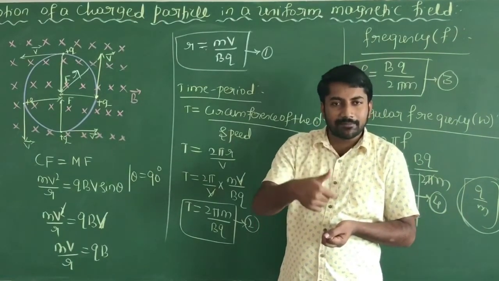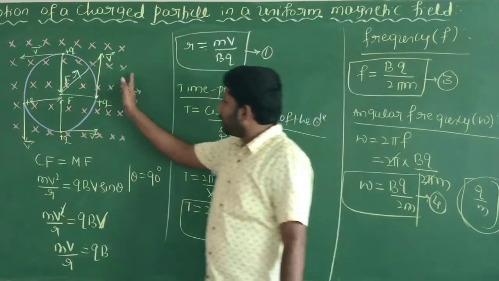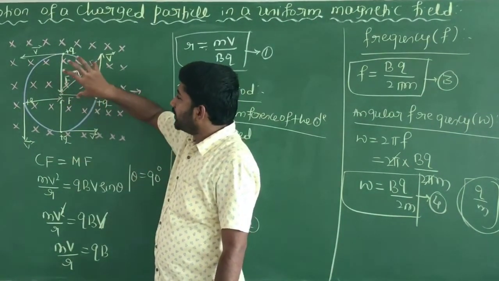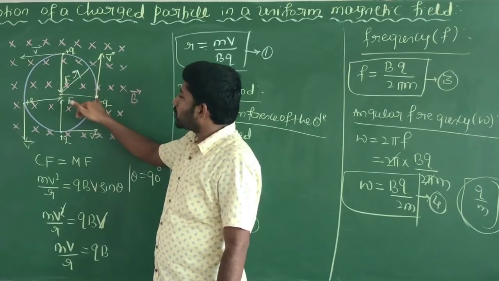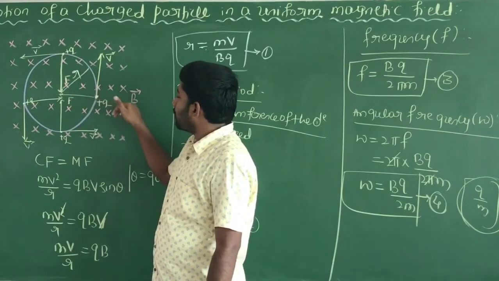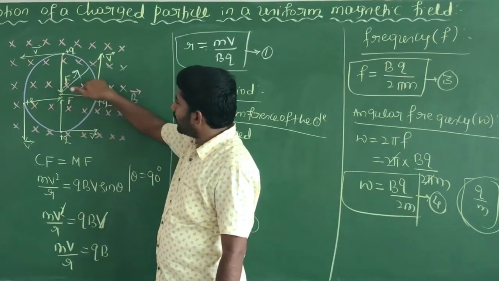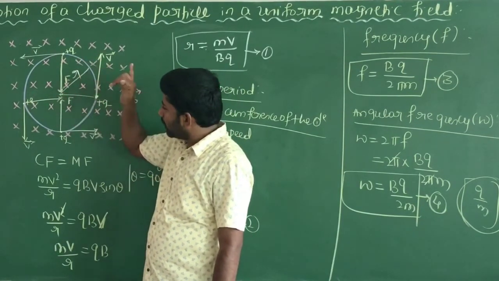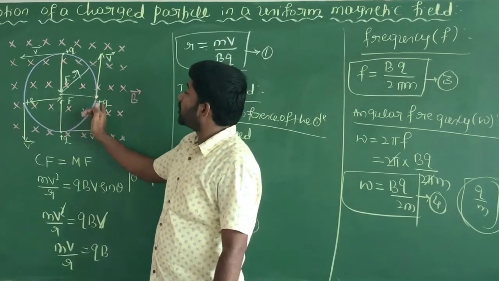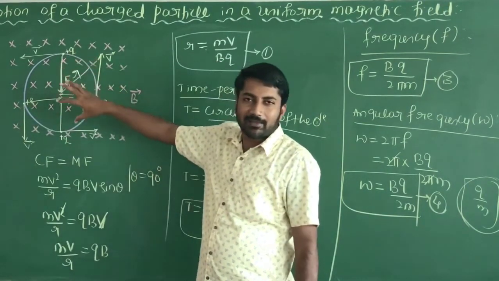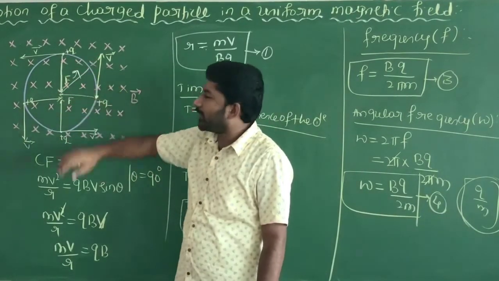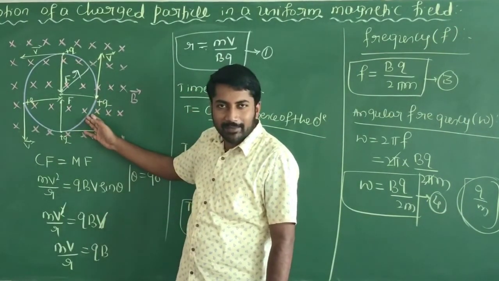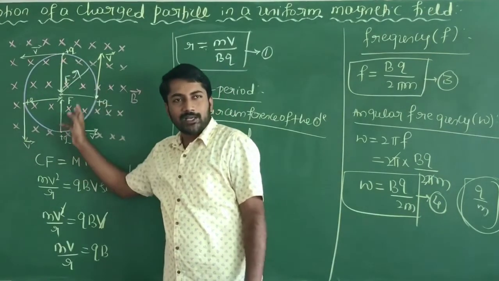Using the left hand thumb rule, here we consider this is the region of uniform magnetic field. In this uniform magnetic field, the charged particle moves perpendicular to the direction of the magnetic field with the velocity v. The force always acts towards its center. Here, the force only changes the direction of the charged particle because they are mutually perpendicular to each other. It provides the necessary centripetal force when it moves in a circular path.